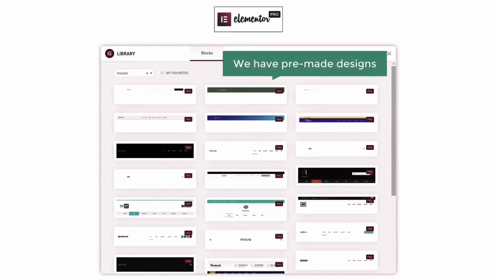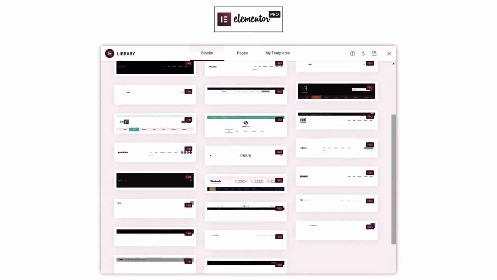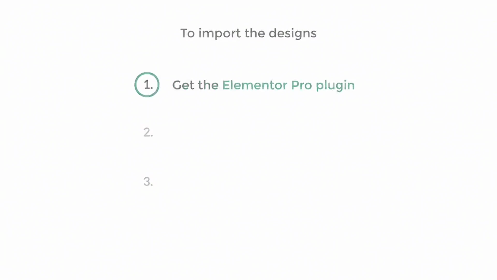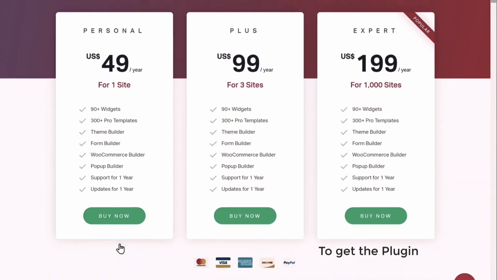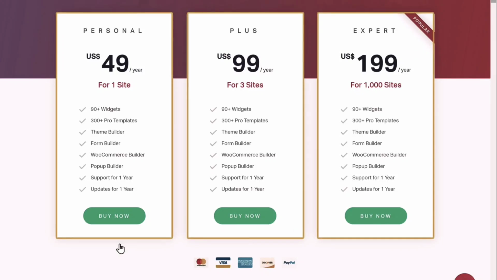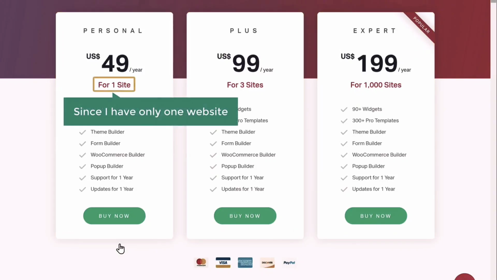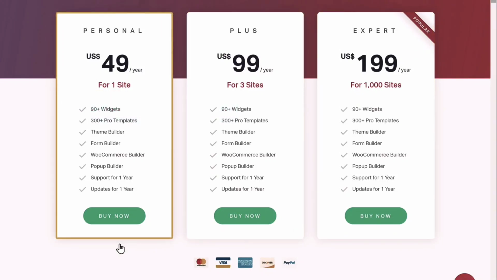We have pre-made designs like this. So to import the designs, we are going to do 3 steps. The first step is to get the Elementor Pro plugin. Now to get the plugin, here you will have different plans to choose from. Since I have only one website, I am going to choose this plan